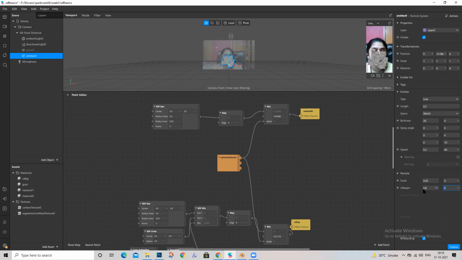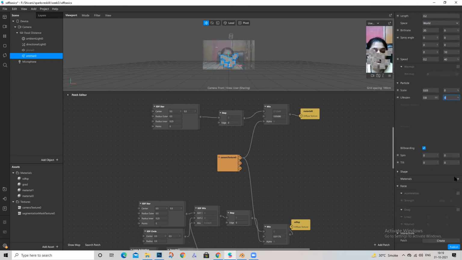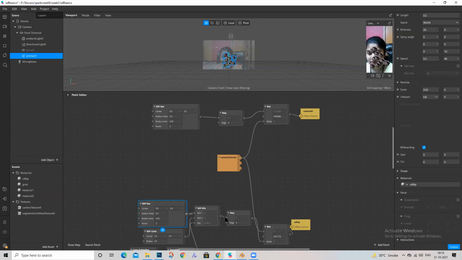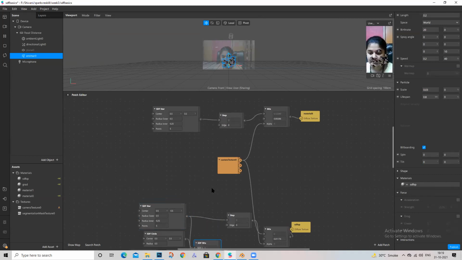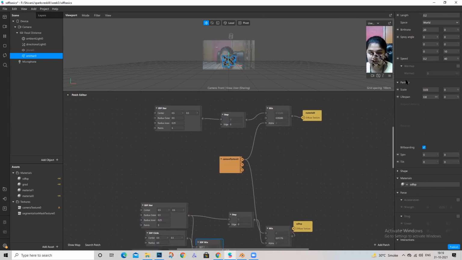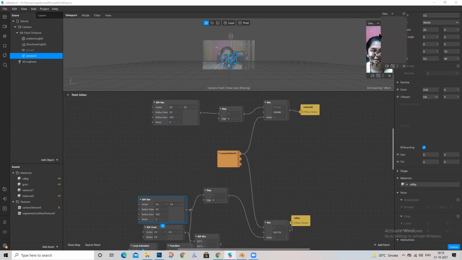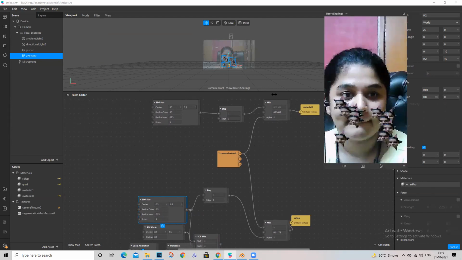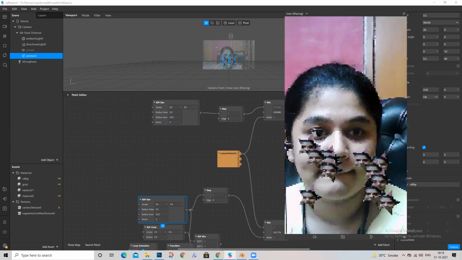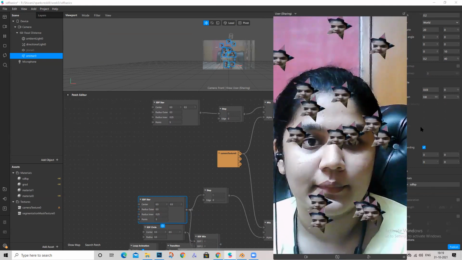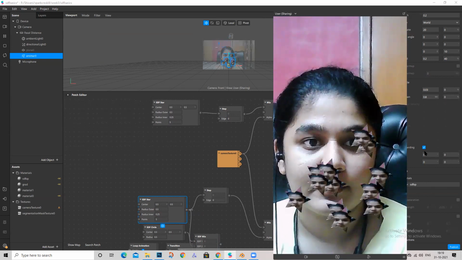Okay, and then here I'll go to material. Material. I'm just going to show this for later use. So yeah, star, step, etc. So you can see this.